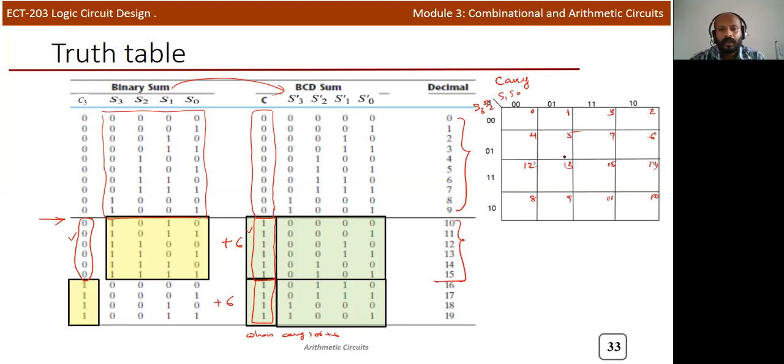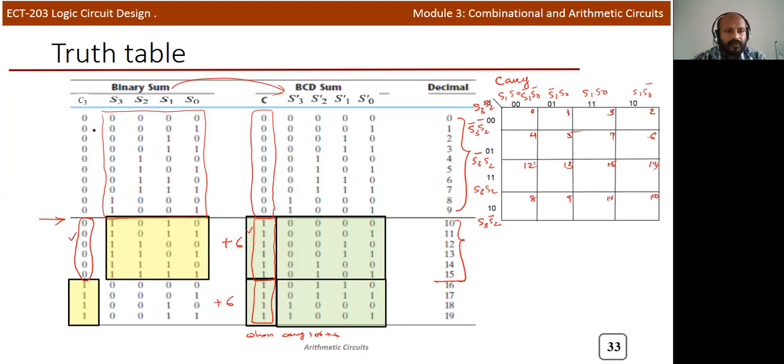Okay. And the variables are S3, S2, S1, S0. So you can write S3 bar S2 bar, here it is S3 bar S2, here it is S3 S2, here you can write S3 S2 bar. At the top, S1 bar S0 bar, S1 bar S0, S1 S0, and finally S1 S0 bar.